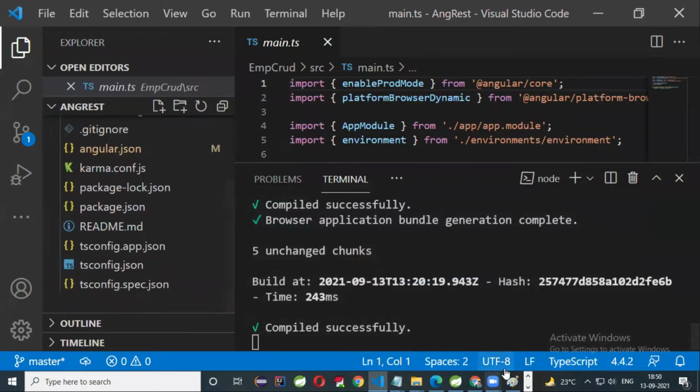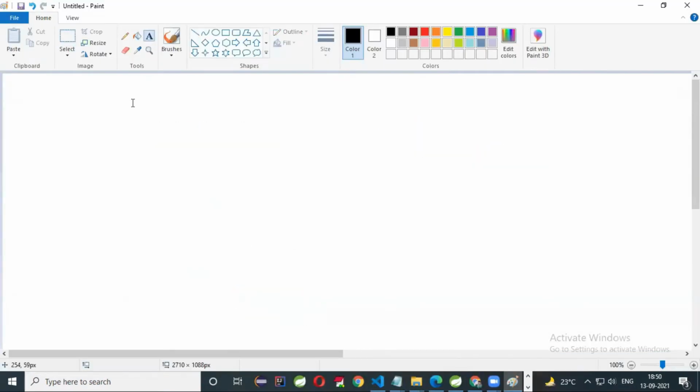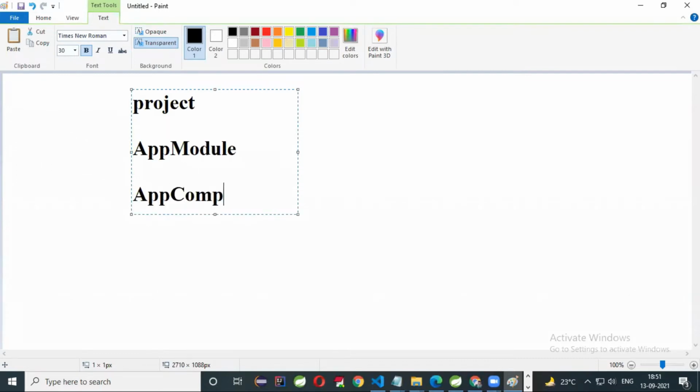Generally when you develop any project, your project is divided into multiple modules, like module 1 and module 2. In the Angular project structure, you have one root module called app module. And here you have a root component called app component. And this component will have 3 files. One is